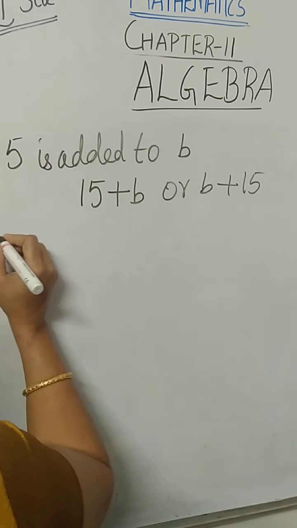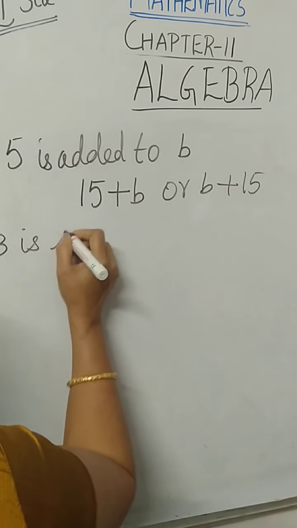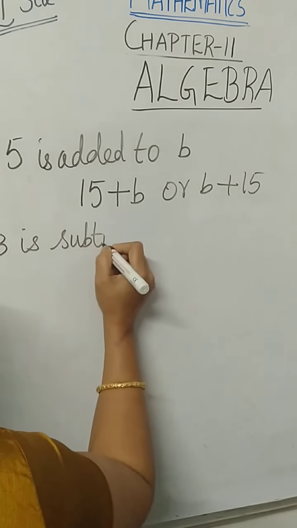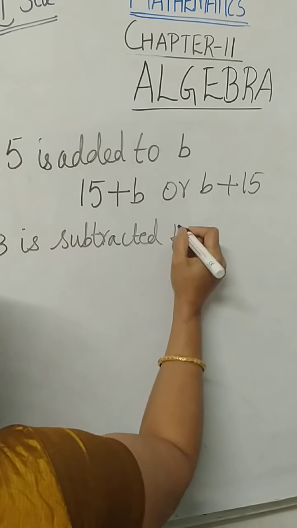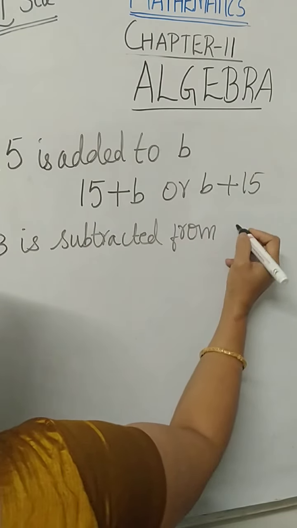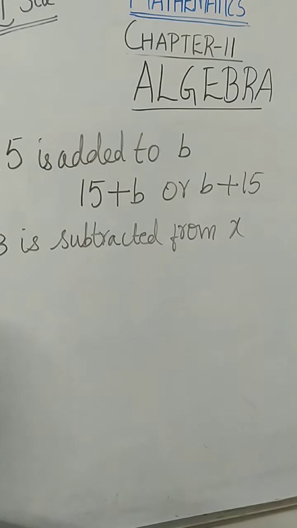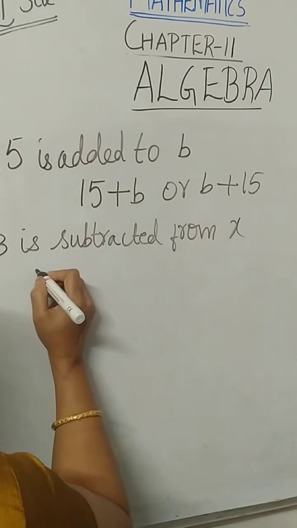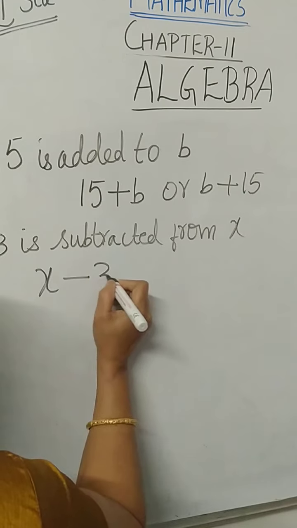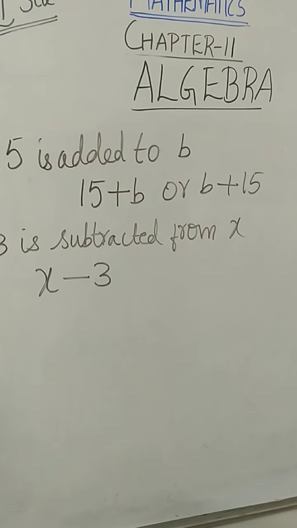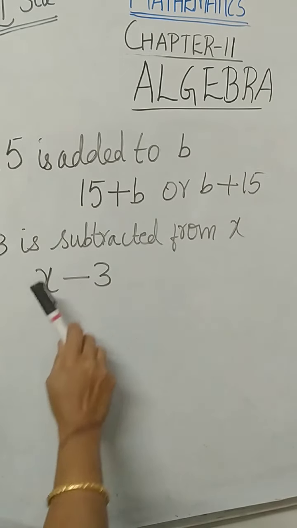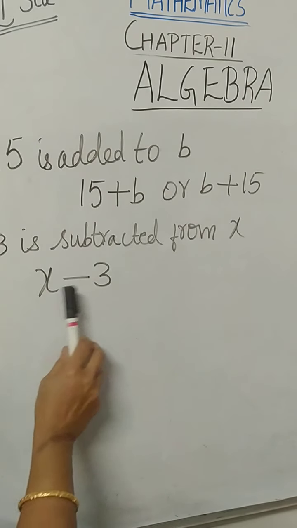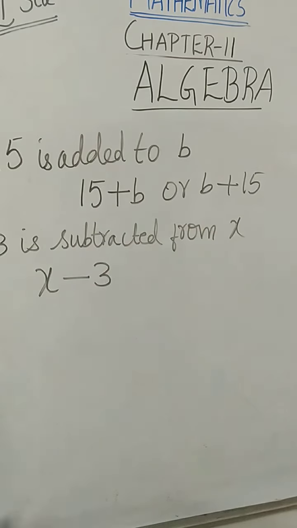Now 3 is subtracted from x. How will you write it? X minus 3. Why did I write x minus 3? 3 is subtracted from x. So x should be in the beginning. So x minus 3. We cannot write it as 3 minus x. Okay. The next one,